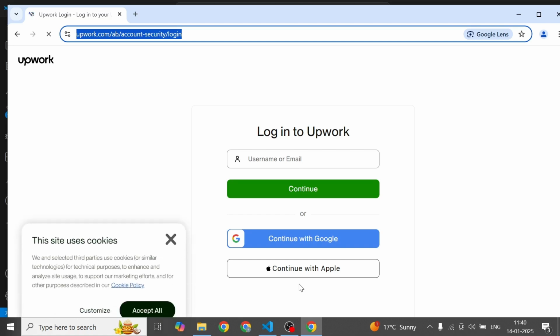I have already made an environment for Python. Then I am running the script. Let's see what happens. It will open the Chrome browser automatically. Basically, here I'm using Selenium,